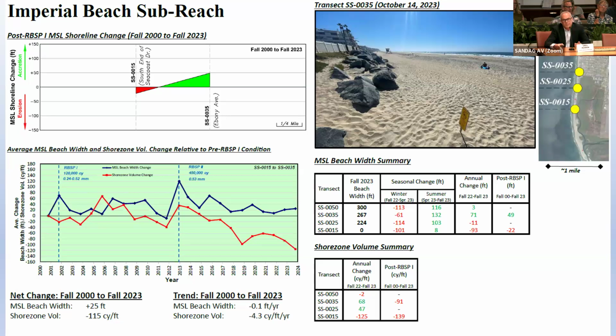So we see this at other places too, at Oceanside. I mean, it's not shocking. You put more sand down, it's going to last longer. So we've seen that at Imperial Beach, but we understand that there were some issues there, and I think Cindy's probably going to address some of that as the way we're looking at that for Regional Beach San 3. All right, thank you very much. Other questions or comments? Yes.